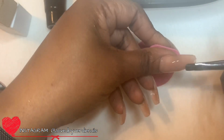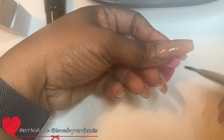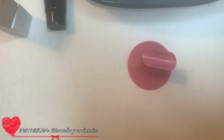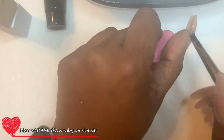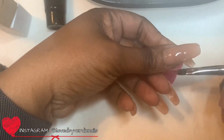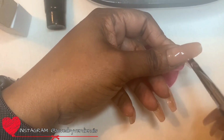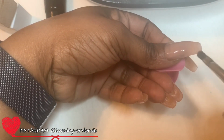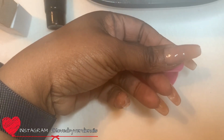I'm not using their slip solution. I find that the alcohol makes this polygel a little less sticky. I normally just use the alcohol. I use 91%, not sure if it matters, the 71%. I did buy some 70% alcohol to kind of test with to see if it makes a difference on the